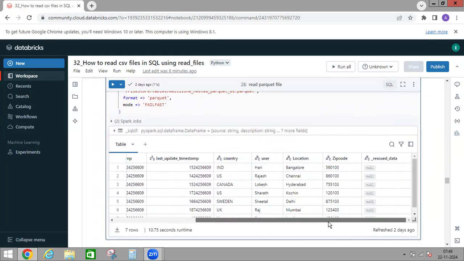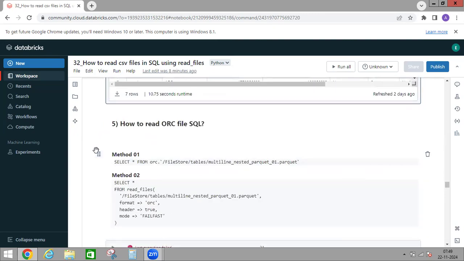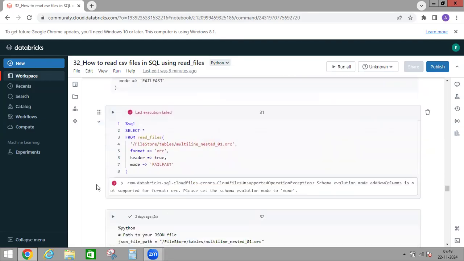Okay, so it is able to read it with one additional column, and here you have your data types. And the next one is how to read an ORC file. Here also I'm using both the methods. So first I will try with